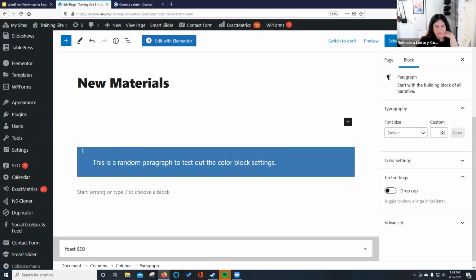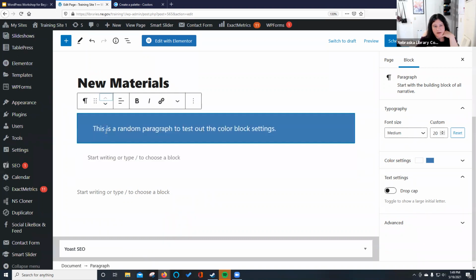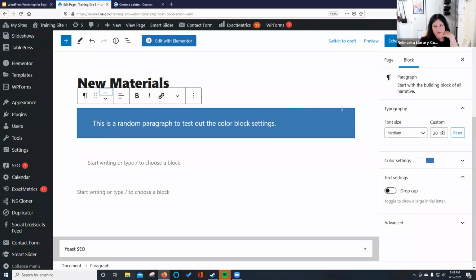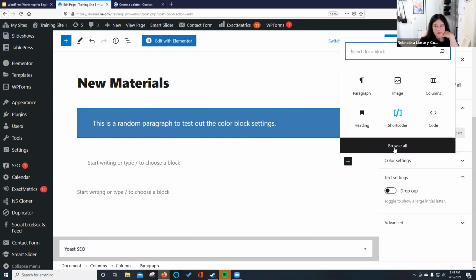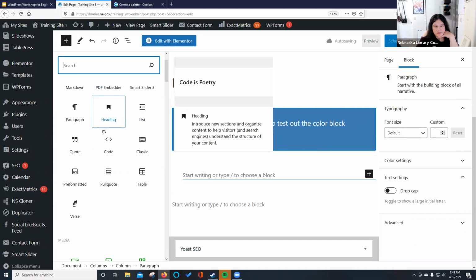And now let's assume that we want to keep this here, but it's supposed to be at the top of the page. You can change the order of stuff by using this arrow button to move it up. So now you have your info block up here. Now I'll show you how to add an image gallery to show off new materials. So we'll click in here, hit the plus sign, go to browse all, and then I'm going to scroll down